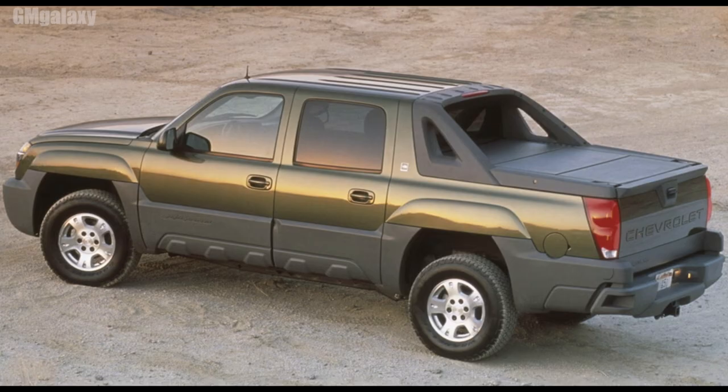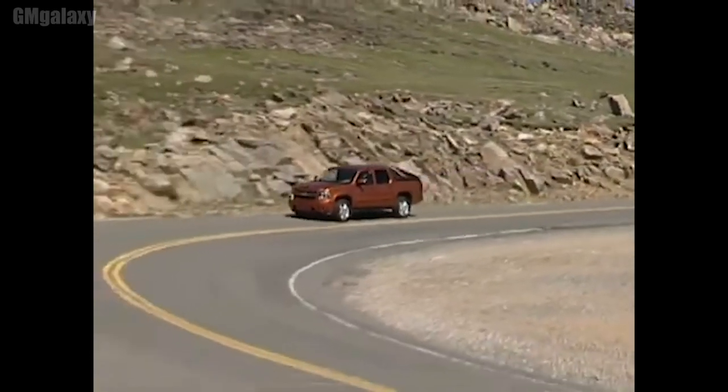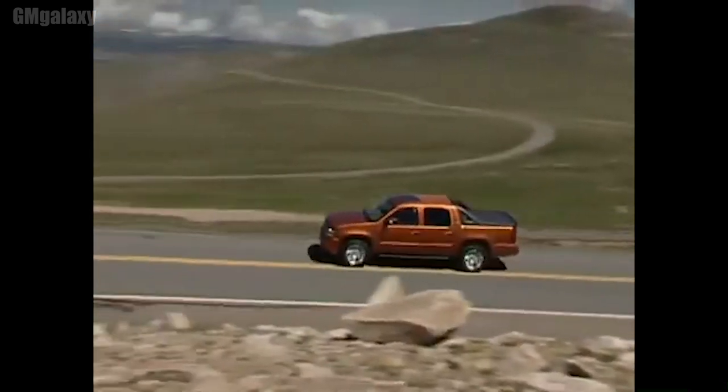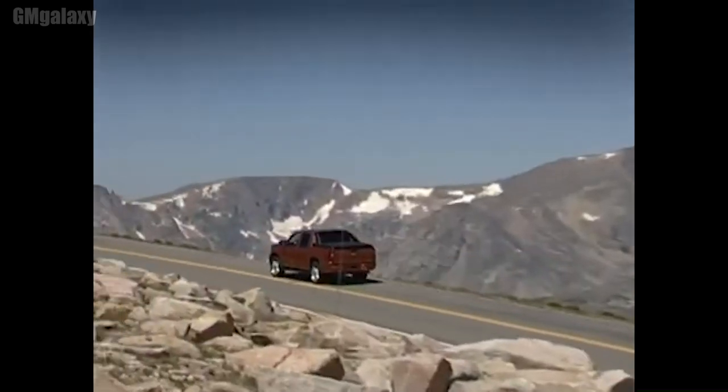In 2001, like I said, at the height of the SUV boom, the Ford Explorer sold a staggering nearly 500k units around that time. And again, like the Tahoe, the Ford Explorer, and the GMC Yukons were doing quite well, and we were seeing a lot of sales there. So GM wanted to do something a little bit different, and what they decided to do was take the back off